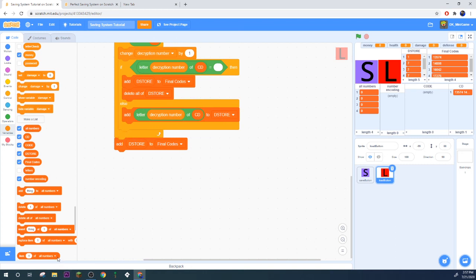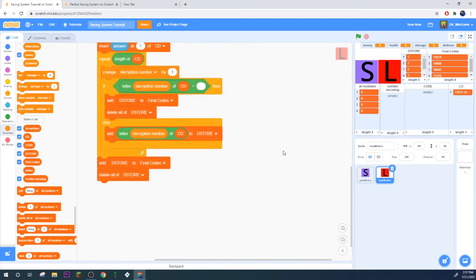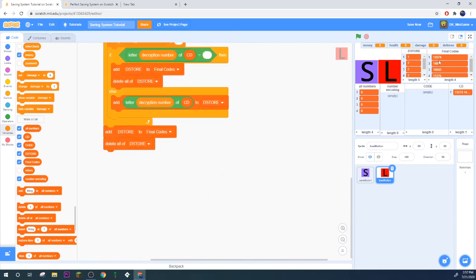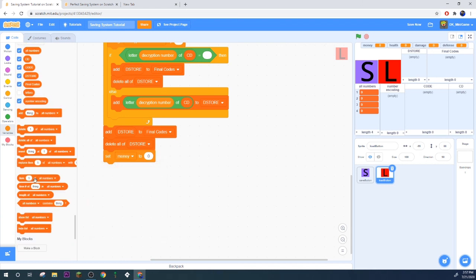So, what we want to do is first, just for my sanity's sake, I'm going to delete all of dstore. Oh yeah, by the way, right here, delete all the final codes as well. You kind of need to do that so that when you restart, it doesn't have all these codes in there. Perfect. So now what we need to do is set money